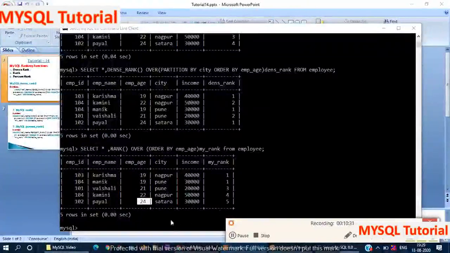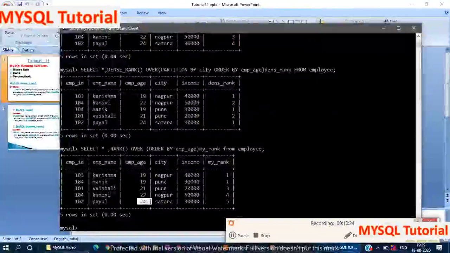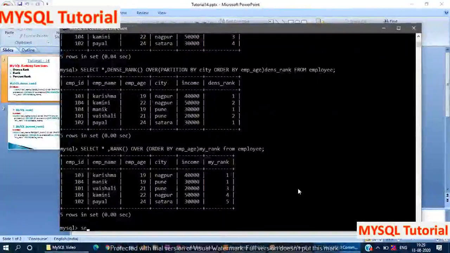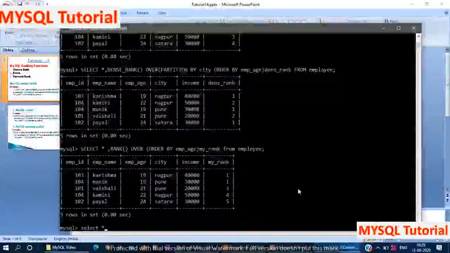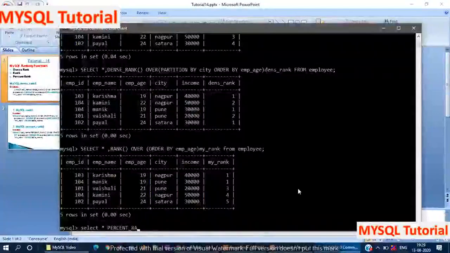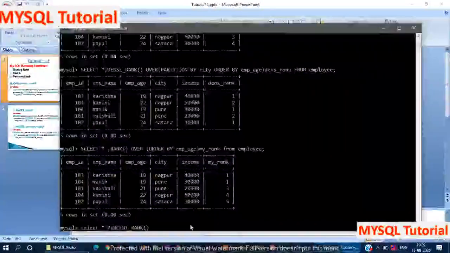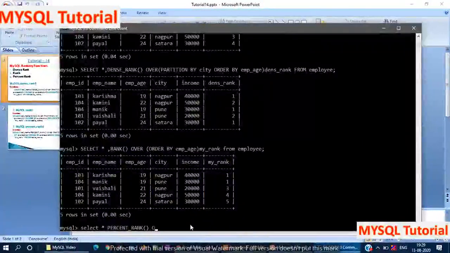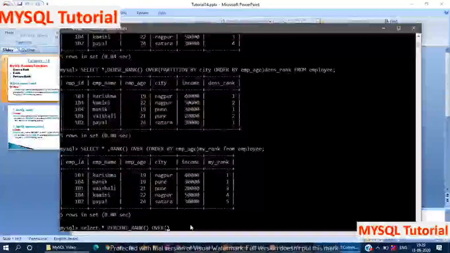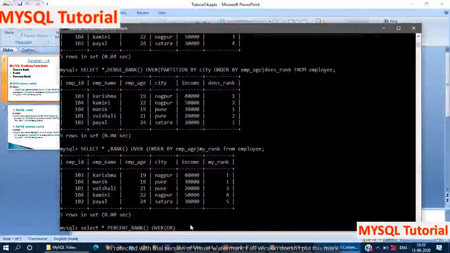We will directly perform the query. By using the SELECT command, give the column list, PERCENT_RANK. PERCENT_RANK is a function, that's why here we give brackets, OVER, and in brackets specify the condition, that means ORDER BY, here give the column name.